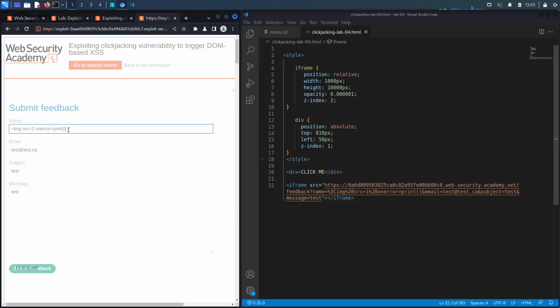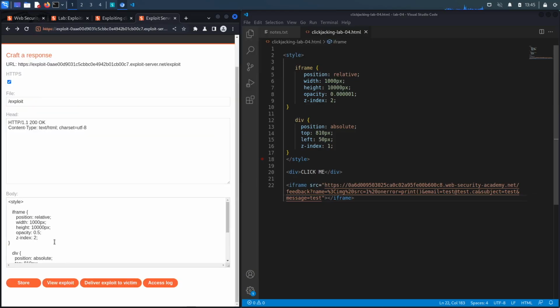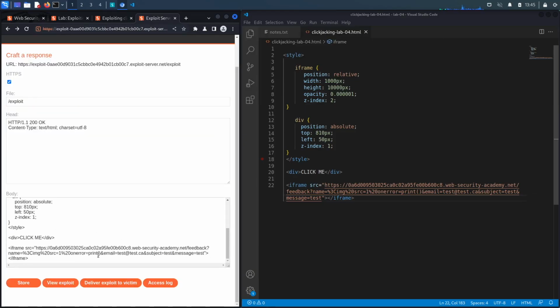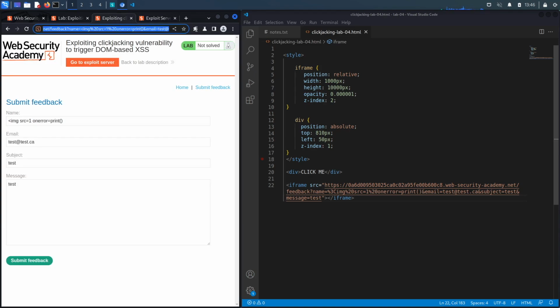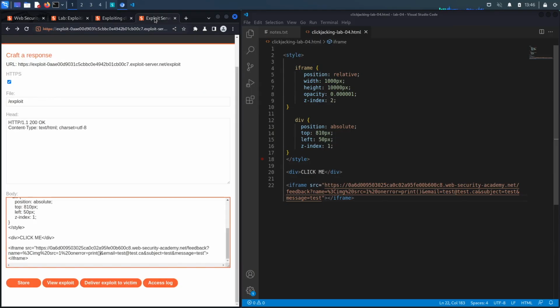And I know what's wrong over here. I'm missing a portion of my DOM-based XSS vulnerability. So let's go back. And this over here on error print, what you need is a closing tag. So if we go back over here, we need to close off our image tag, hit enter. So it should be displayed this way. So let's copy this, put it in here,